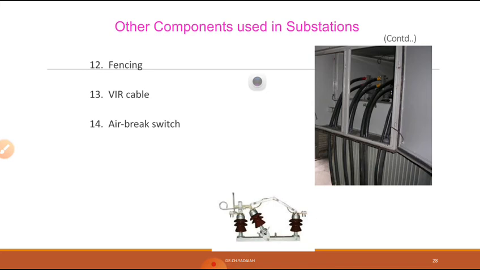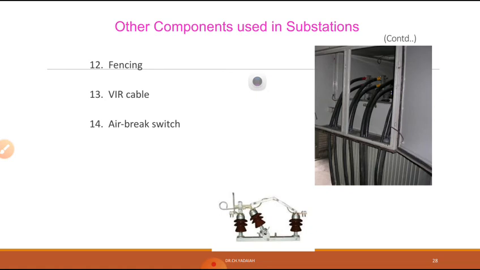And another, the air break switch, you can see the air break AB switch, nothing but an 11 kV AB switch. And what is the difference between the 11 kV AB switches and isolators? Already we know that an isolator can be operated under no load condition only, whereas the AB switch can be operated under low voltage but under load condition. So what will happen if it is opened in load condition? There is a possibility of a large amount of spark or arc occurring.